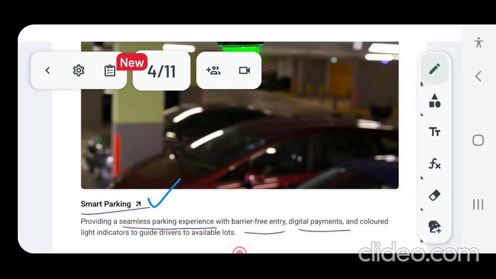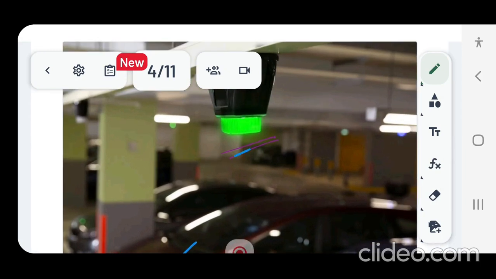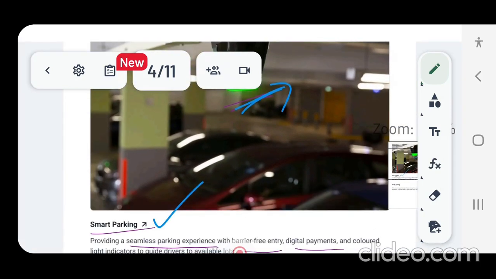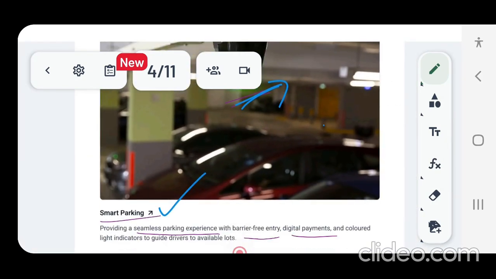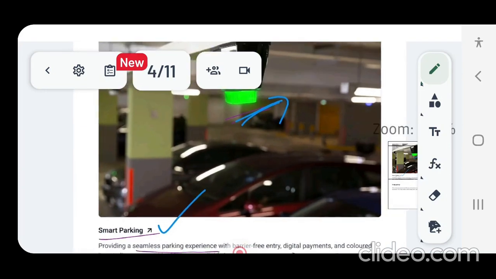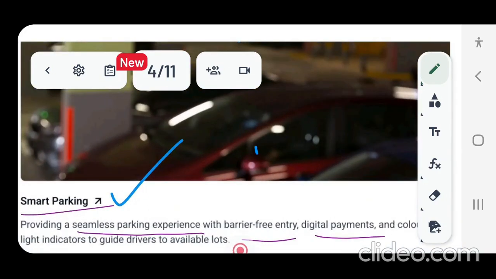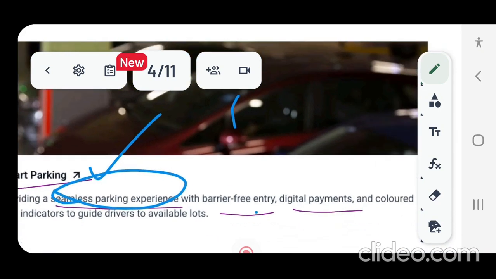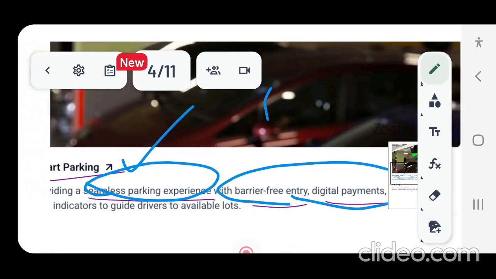And smart parking, as you can see, has colored light indicators to tell people that there is an empty lot where they can park a car, and this provides a seamless parking experience with barrier-free entry and auto digital payments.